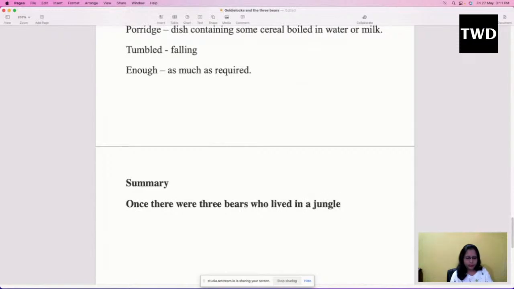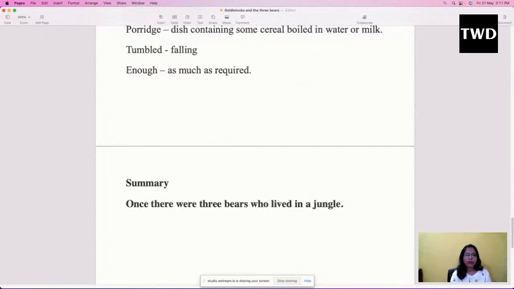Another thing about summary is that you have to use your own words. It's not like you will use the words from the story. There might be many words for which you don't know the meaning, but somehow you feel that this might be the meaning and you are using the same word. No, that is not acceptable. You have to check the meaning and get the proper meaning. Every word has many meanings, but you have to find the meaning which is suitable to the context of the story. In this way you have to write.